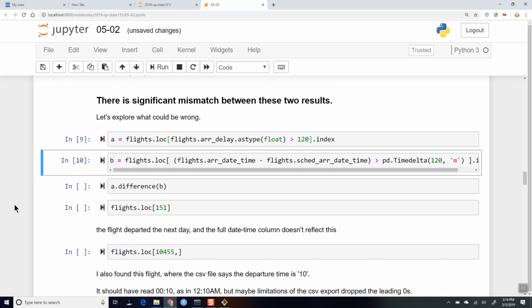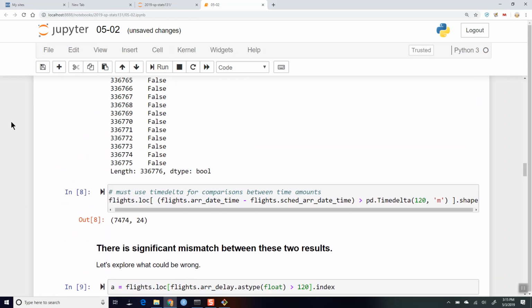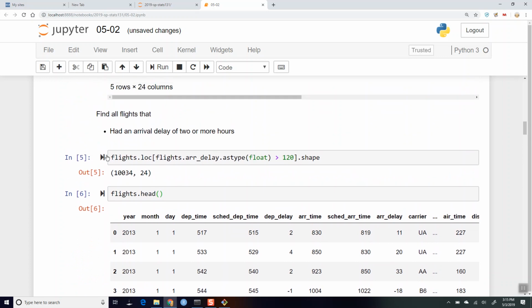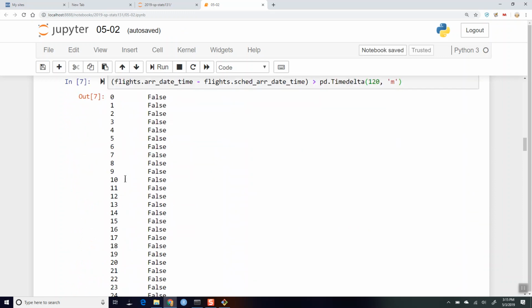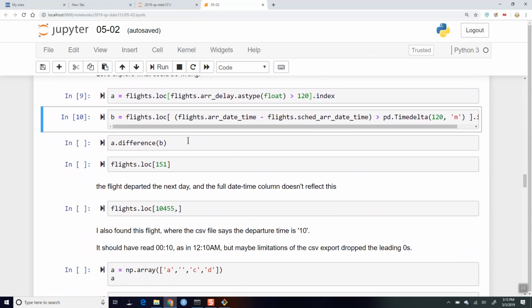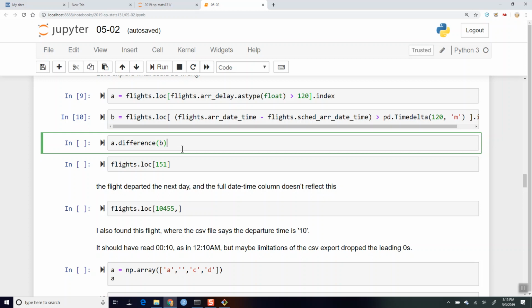Maybe. Okay. All right. But so here I ask for the index of this thing. So I'm going to have 7,474. These are the issues that you might face as a data analyst, where you're just working through a data set and checking answers, and you have to track down individual rows and figure out why something is going on, right? And so here A is just